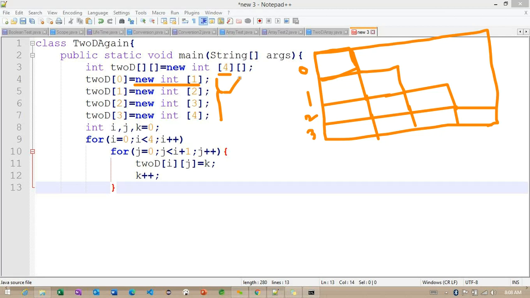For the first index location, we are having 2. So this is the first index location, which is nothing but the first row, and we are having 2 columns. The columns are indicated here 0, 1. And we can make 3, and we can go for 0, 1, 2, 3. Getting the point.